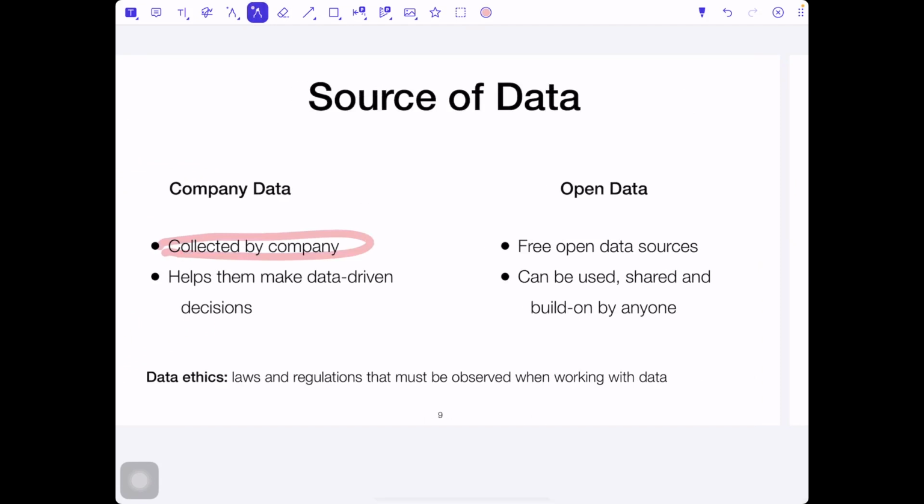On the other hand, there are also many free open data sources available. This means the data can be freely used, shared, and built on by anyone. So we have the company data and we have the open data. And there are multiple ways to access this open data.